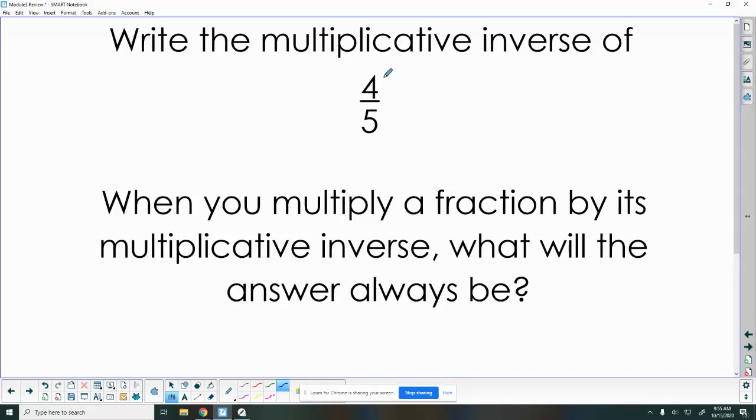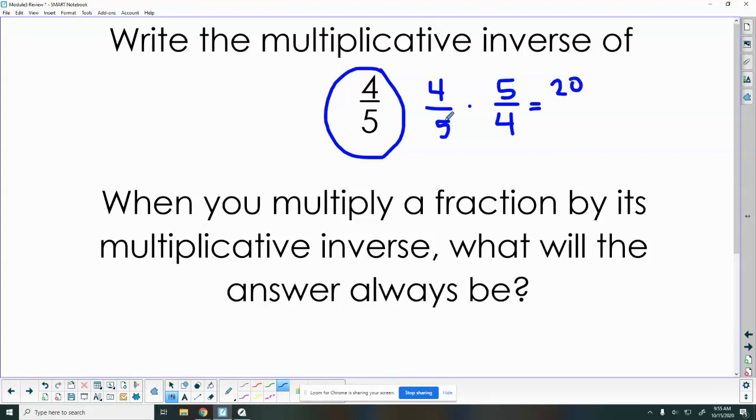So first we are going to write the multiplicative inverse of 4/5. So 4/5, when I use the reciprocal, makes that 5/4. When I multiply this fraction 4/5 by its multiplicative inverse, 5/4, is 20. 5 times 4 is 20. 20 divided by 20 is